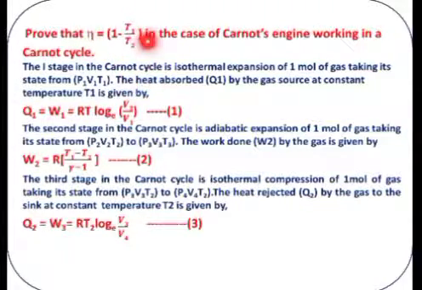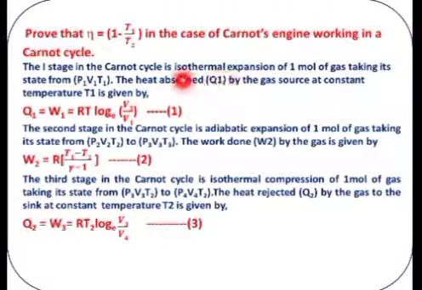Already we discussed what a Carnot cycle is, and we have discussed how the isothermal and adiabatic processes are involved in this. Based on that theory, we are going to learn this derivation. So let us understand step by step. Here there are a few stages, based on the Carnot engine. The first stage in the Carnot cycle is isothermal expansion, which we discussed in the earlier graph.